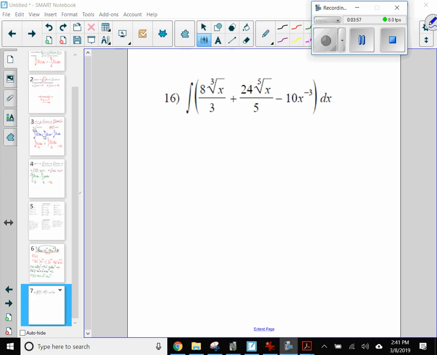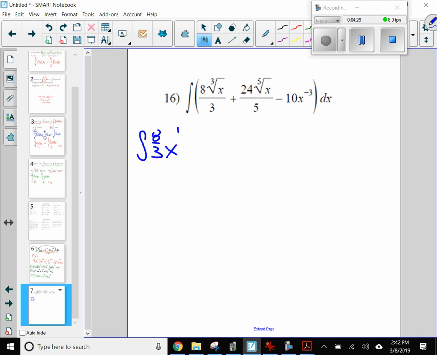Let's take another problem out of CUDA. This is problem number 16. And again, you can see I'm looking for an integral, but I don't have a lower and upper bound. So this is an indefinite integral, which is the same as an antiderivative for our purposes. And I think I'm going to rewrite this. So I'm going to say I want the indefinite integral of